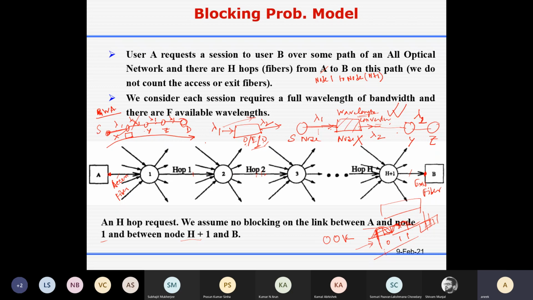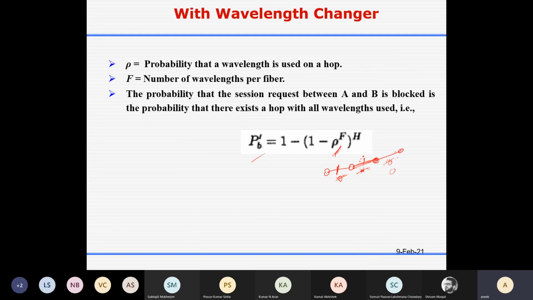A light path request means the bandwidth is the same as what a wavelength can support. Now you can do your simulation, run it for 1,000 such requests, and see how many are blocked.